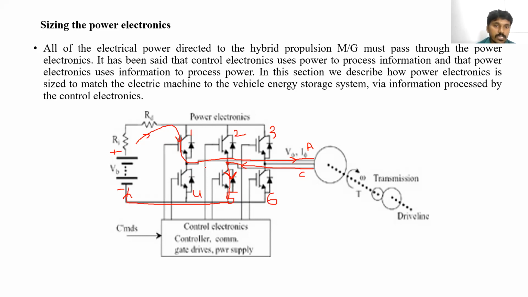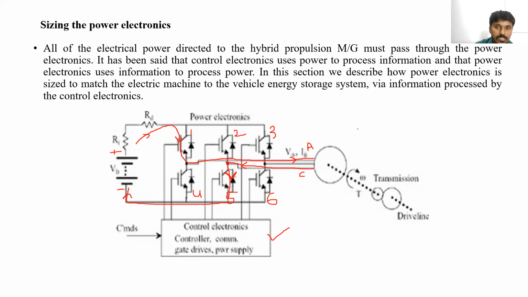कौन सा device turn on करना है, कौन सा device turn off करना है, कैसे decide कर सकते हैं अपन? How can we decide which switches are turned on and which are turned off? For this turning on and off of the switches, we are going to design one controlling circuit. This controlling circuit should generate the signals for the base circuits of these devices.